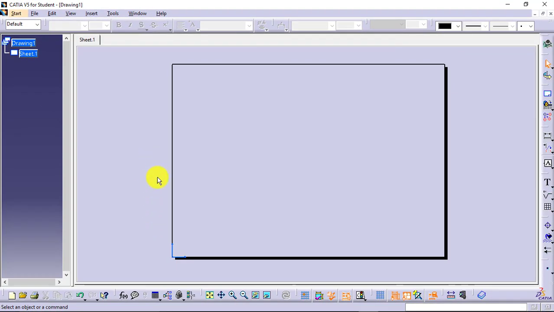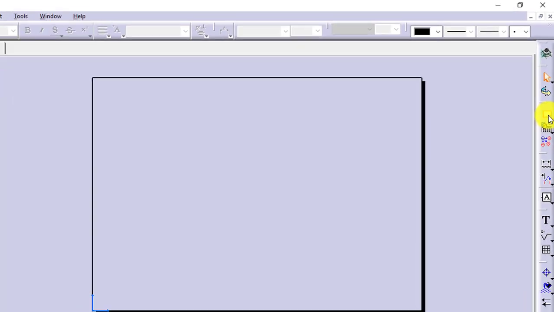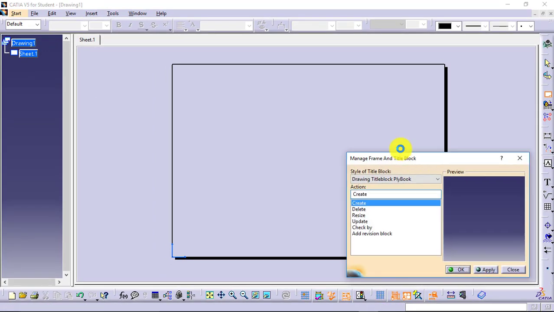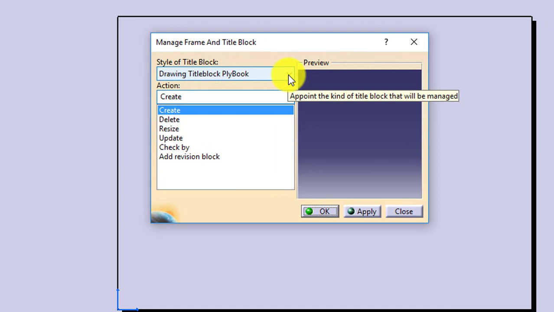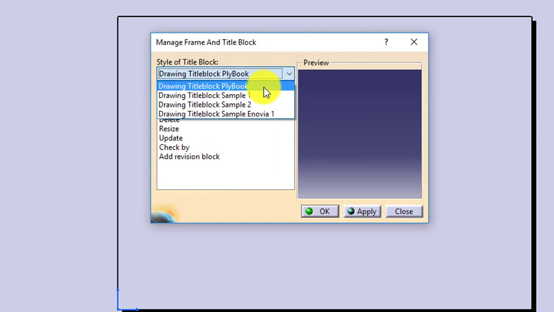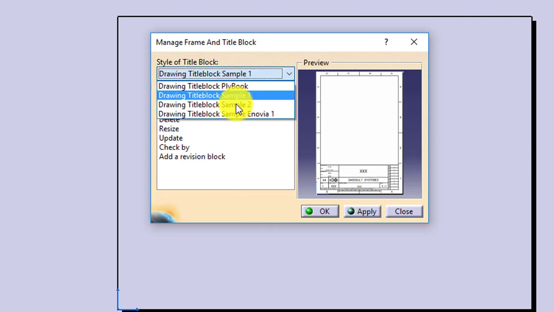This will take you into the background of your drafting or drawing. In that you will find the toolbar. In that there will be a tool, Frame and Title Block. Select it. In this you will get the default title blocks available. See, this is the title block we have.